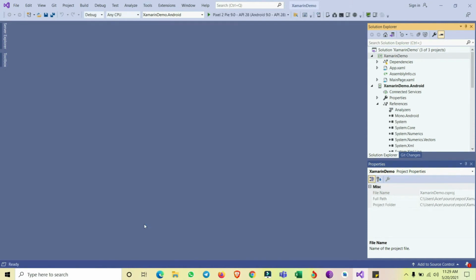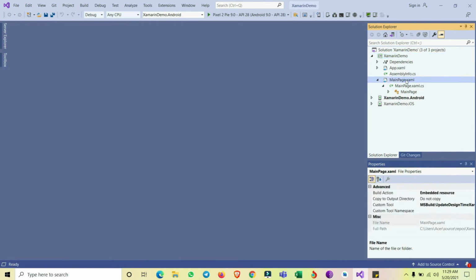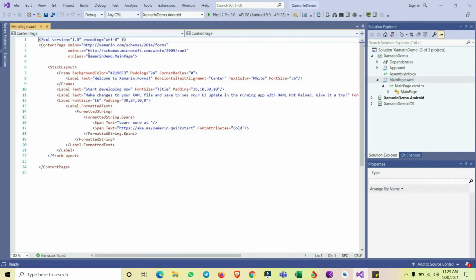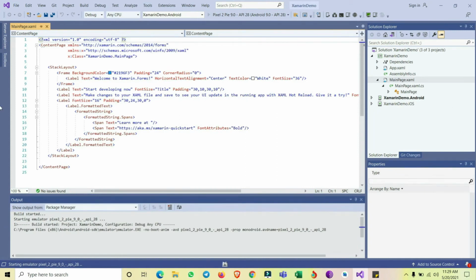First we'll execute things on the Android emulator, and then we'll execute the same on the iOS simulator. So this is your XAML page. First we are executing on the Android emulator.